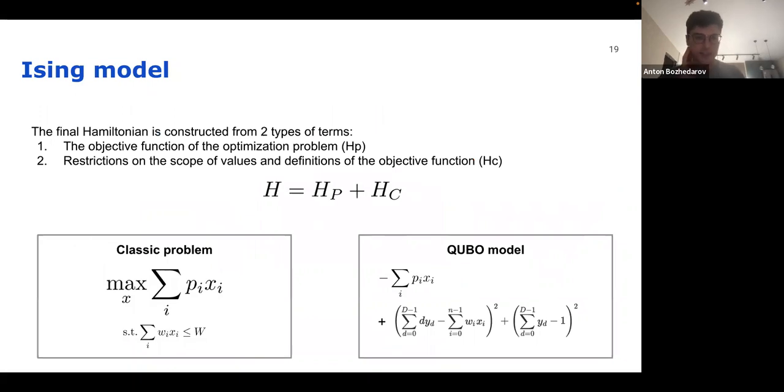I would like to show here some cases of how to use the Ising model in order to solve, for example, the bin packing problem. What does bin packing mean? That we have some assets or stocks, for example, or some useful elements that we would like to place in our pack. And every element corresponds to two types of numbers. The first number is the cost of the asset. It is encoded as W.